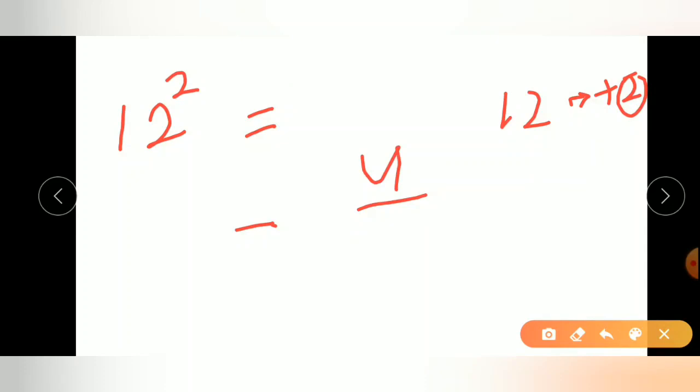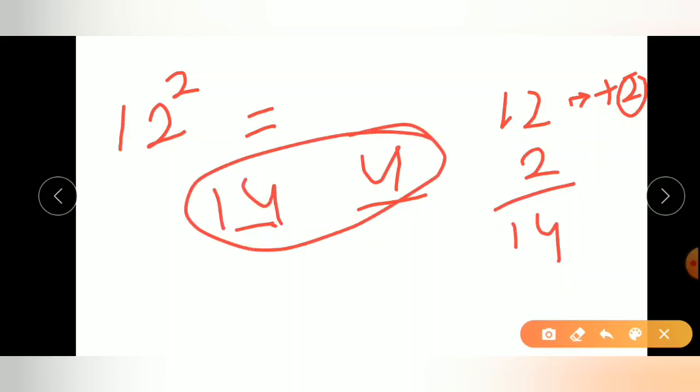Next, we have to find the square of 12. 12 is greater than 10, 12 equals 10 plus 2. So you have to write the square of this 2, which is 4. We have to place one digit. If it is the second digit, then 1 is a carryover. Then we have to add this 2 because it is more than 10. So we add. If it is less, then we have to subtract. This becomes 14. Write down here 14. Our answer is 144.